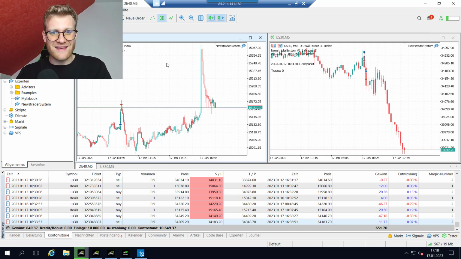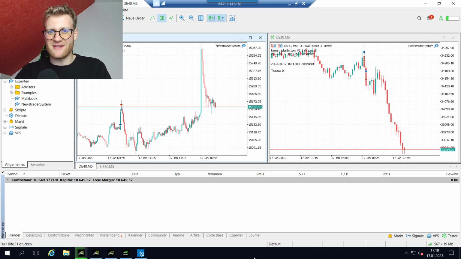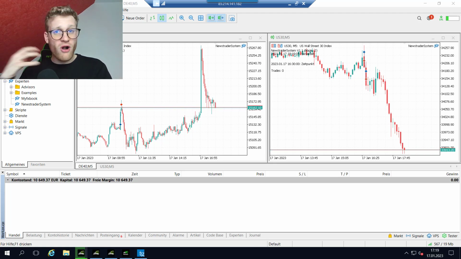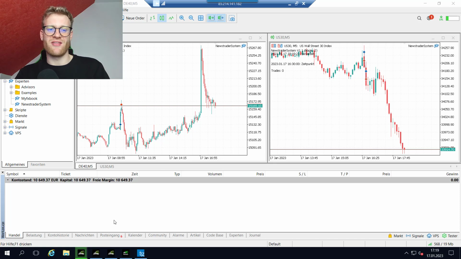Even this account here, where I did nothing besides activating this EA at the start of the year, I'm still outperforming 80 or 90%, whatever number you want to take here, of all the traders out there. And it's actually crazy. People always want to become rich so quickly, but they do not realize that even with simple strategies and without doing dozens of trades every single day, with a simple strategy like this, you can still be